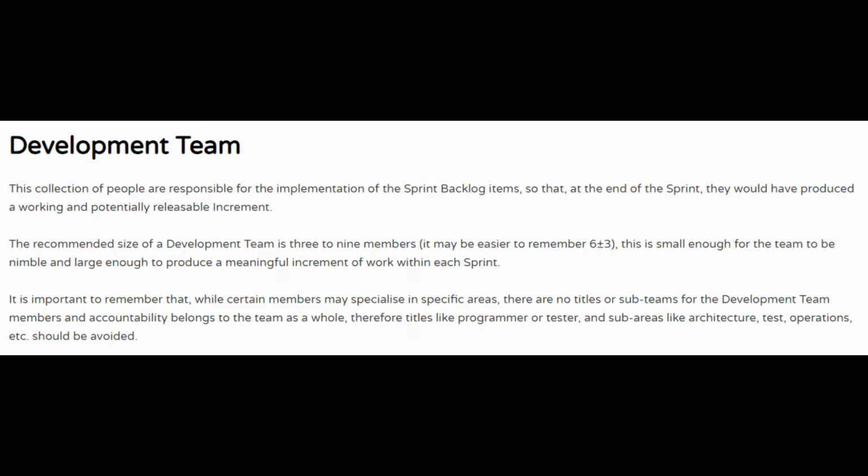The development team is a collection of people that are responsible for the implementation of the sprint backlog items, so that at the end of the sprint, they would have produced a working and potentially releasable increment. The recommended size of a development team is 3 to 9 members. It may be easier to remember 6 plus or minus 3. This is small enough for the team to be nimble and large enough to produce a meaningful increment of work